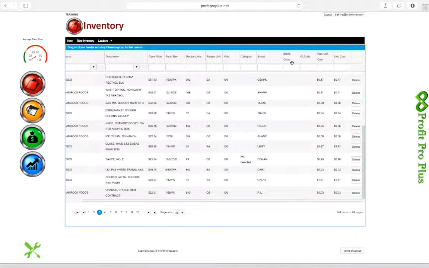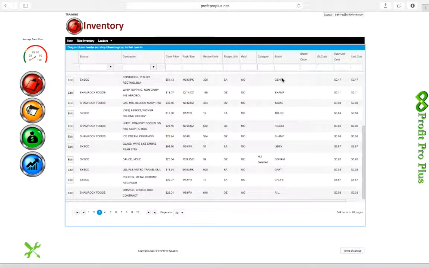Some vendors will and some vendors do not include the manufacturer brand ID. We strongly recommend asking your vendors to include that if they omitted it, because the brand code is what makes the product unique across all distribution channels. The item code is set by the distributor themselves. So the item code doesn't do us much good if we were looking to find or source that product for maybe another location in a different market where you might use a different vendor or you may not have access to a previous vendor. So that pretty much covers the basic functionality with inventory,